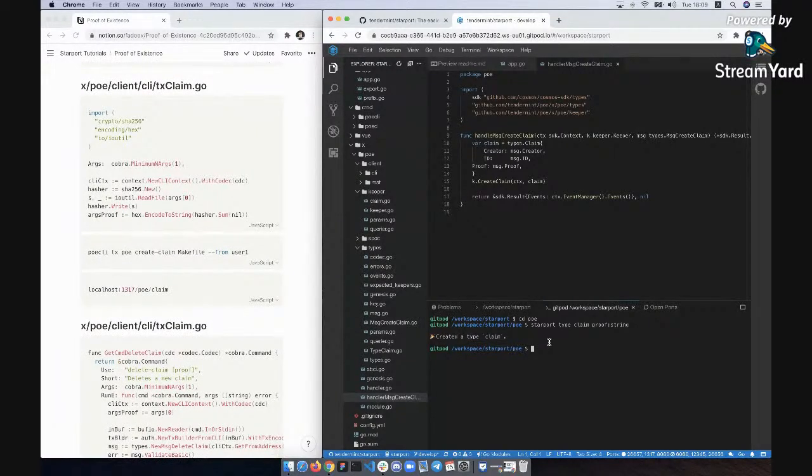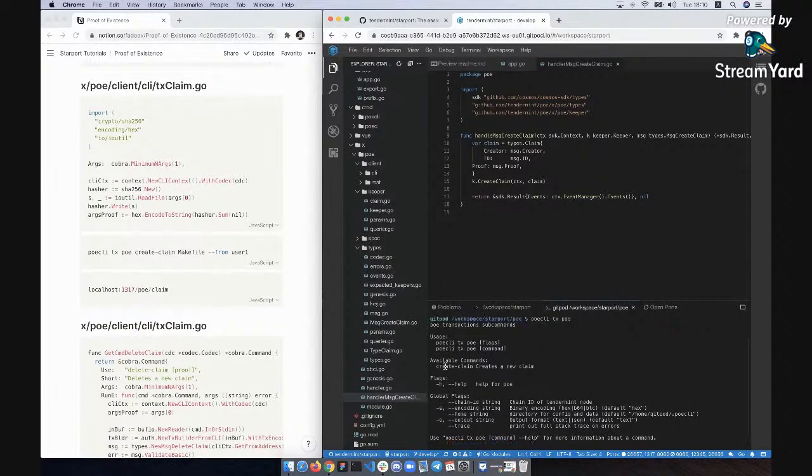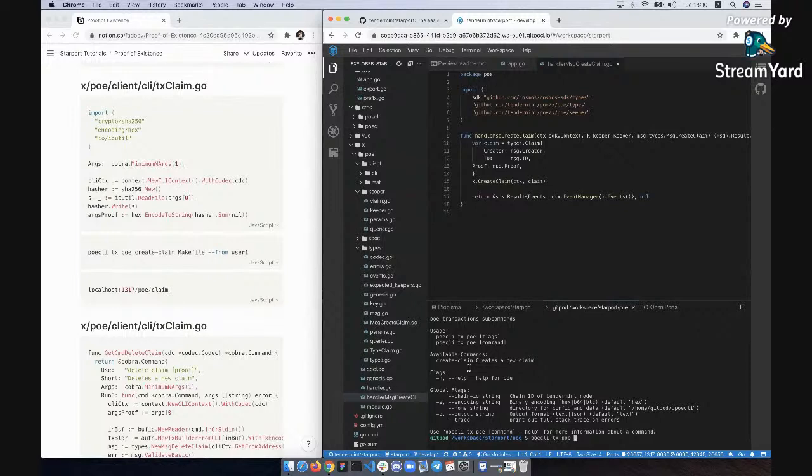check it out. So we have a binary called POE CLI, which is the main binary that we use to interact with our application. And we have a subcommand tx, and inside there we have another subcommand called POE. And we can see that we have one available command called create claim. And if we use this subcommand, create claim, and say foo, for example,